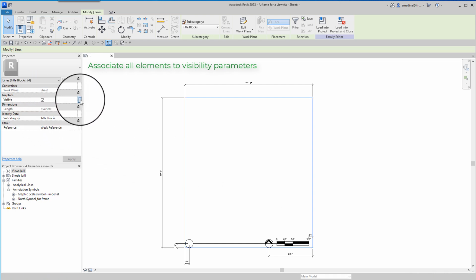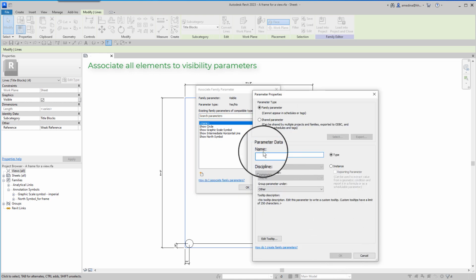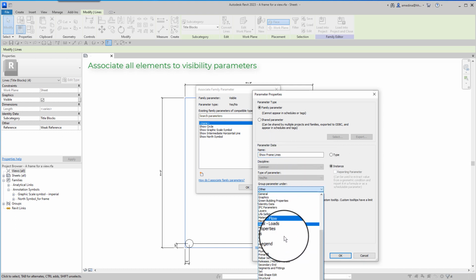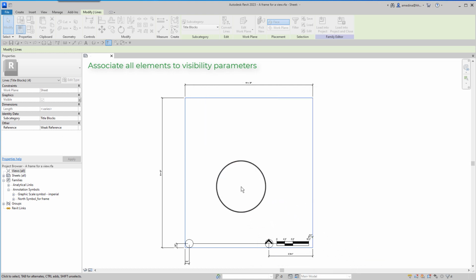So I select all of them and associate their visibility with show frame lines, instance, and visibility. Click OK, click OK.